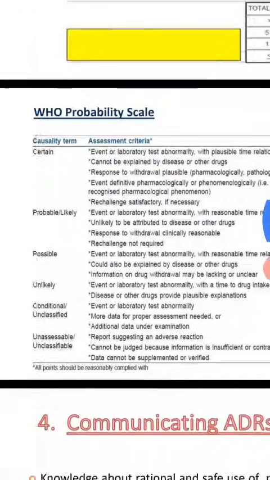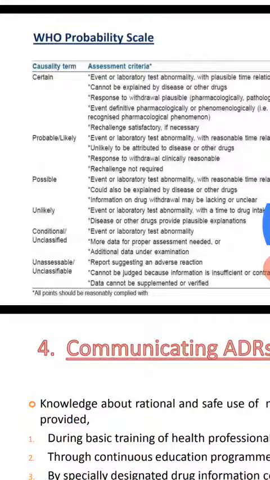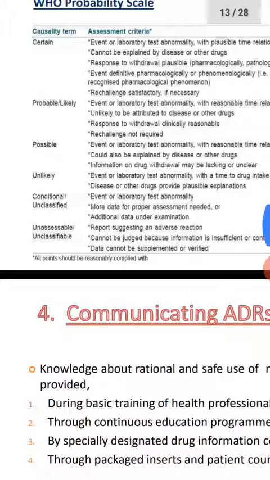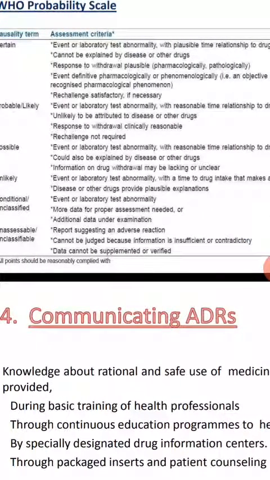Next is the WHO probability scale. Based upon the causality, you can give some name. Certain means there is a definite relationship. Then probable or likely, possible, unlikely, conditional or unclassified, and unassessable or unclassifiable. These are the causality terms you give to the ADR. For example, when you call it certain, so certain,